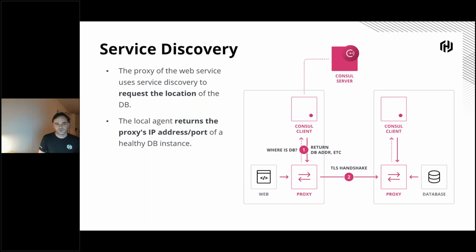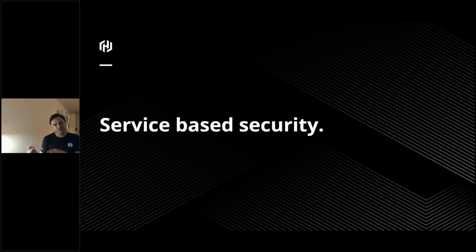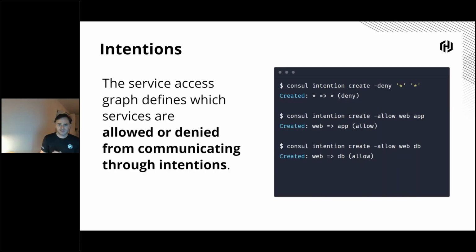Well, if we move from host-based security towards service-based security, where we don't trust any of the machines anymore, and we only trust services themselves and their identity that was given to them, we can then lock things down in a different way. We can then do things such as create rules that say, for instance, deny traffic from star